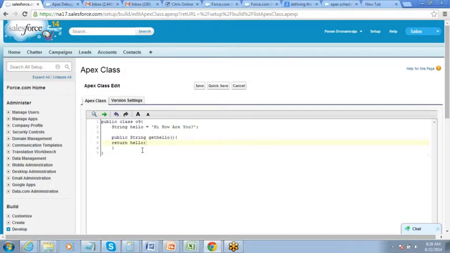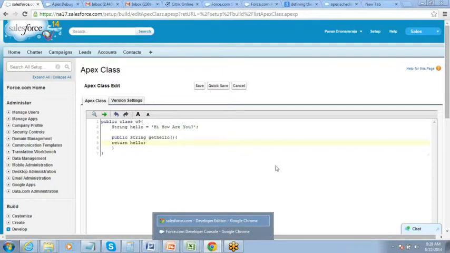Fine. Now you want to test this one. At this point of time, if you go to this C9, it does not have any code coverage.